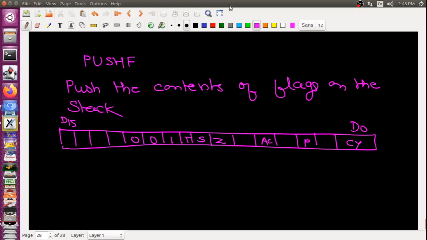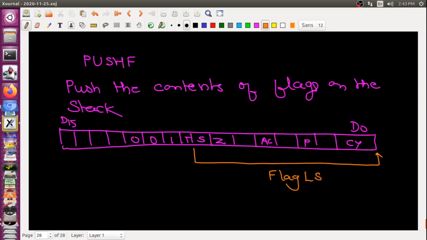If I want to divide it into two different registers, it is called flag LSB and flag MSB.